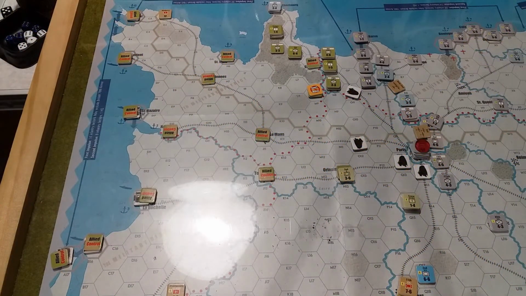G'day all, welcome back to Dad vs Son and our playthrough of Fortress Europa from Compass Games. And we're about to go on with the last turn in July for the Germans. So, first up we have the German replacement phase. And because we had